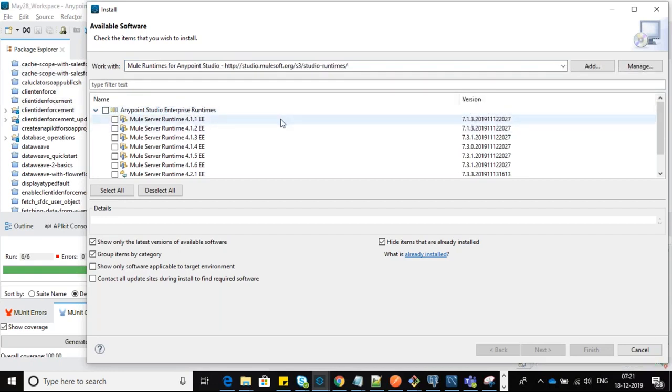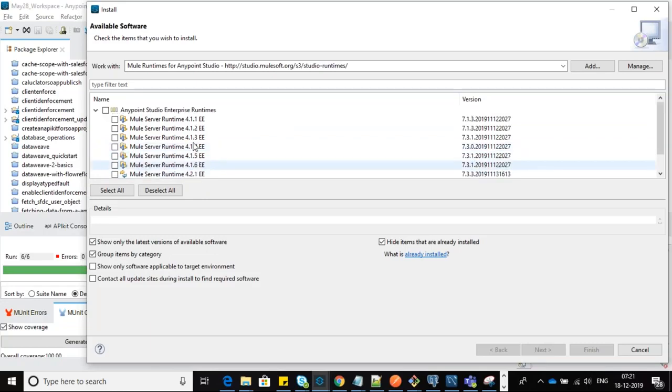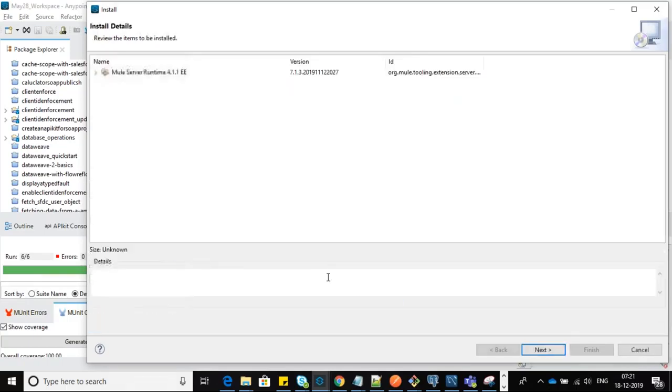You can see the latest versions here, 4.2.2 and 4.2.1. Suppose your project is still running on 4.1.1, we have to add that one. Select whatever version you want and click Next. It will take some time to add this. Once you finish that part, it will ask you to restart.